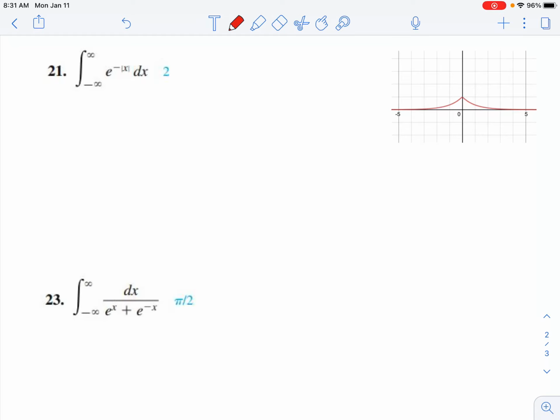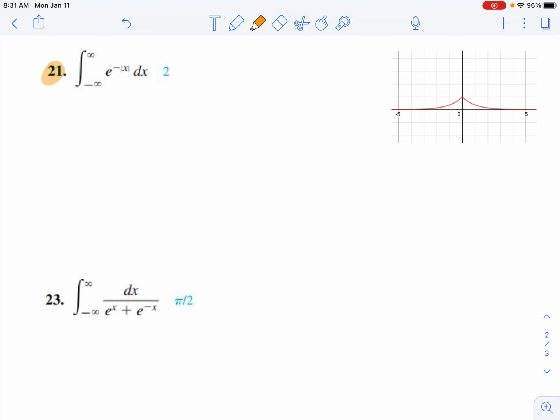We're looking at number 21 in section 8.4. And we have the integral from negative infinity to infinity of e to the negative |x| dx, where the x is in absolute value. So we're going to figure out how to evaluate this. Of course, we're going to need two limits, but I have the graph of the function over here, and what